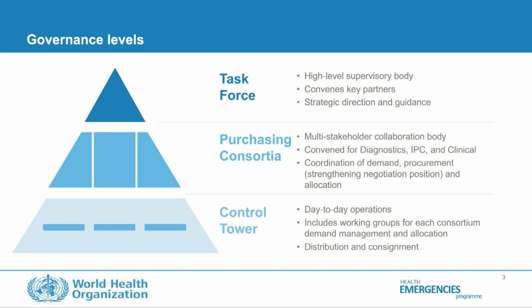Second, we've established and formed three purchasing consortia. These are for the markets where we're finding the most challenges and where there are severe constraints in access. This is for PPE, for diagnostics, and for biomedical equipment, particularly for the provision of oxygen and management of severe and critically ill patients. Third, what we call the control tower is essentially the mechanism for consolidating the demand and